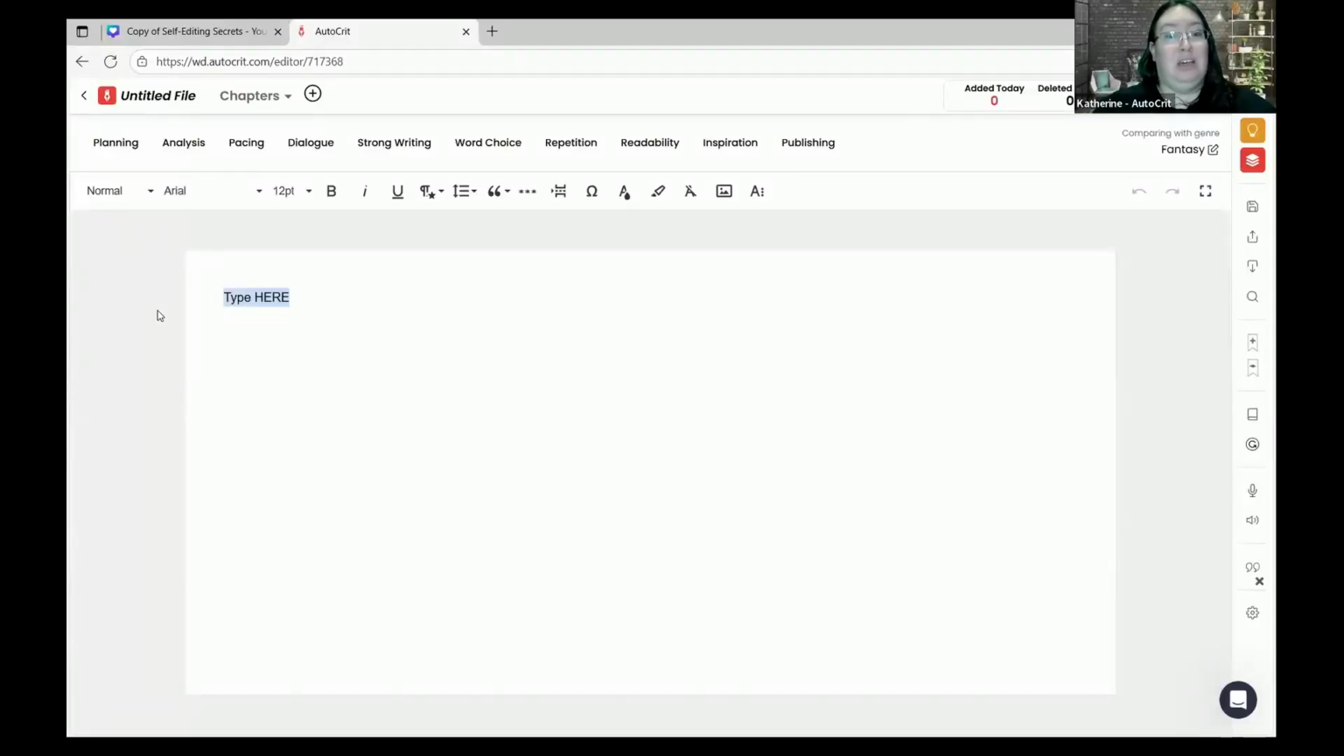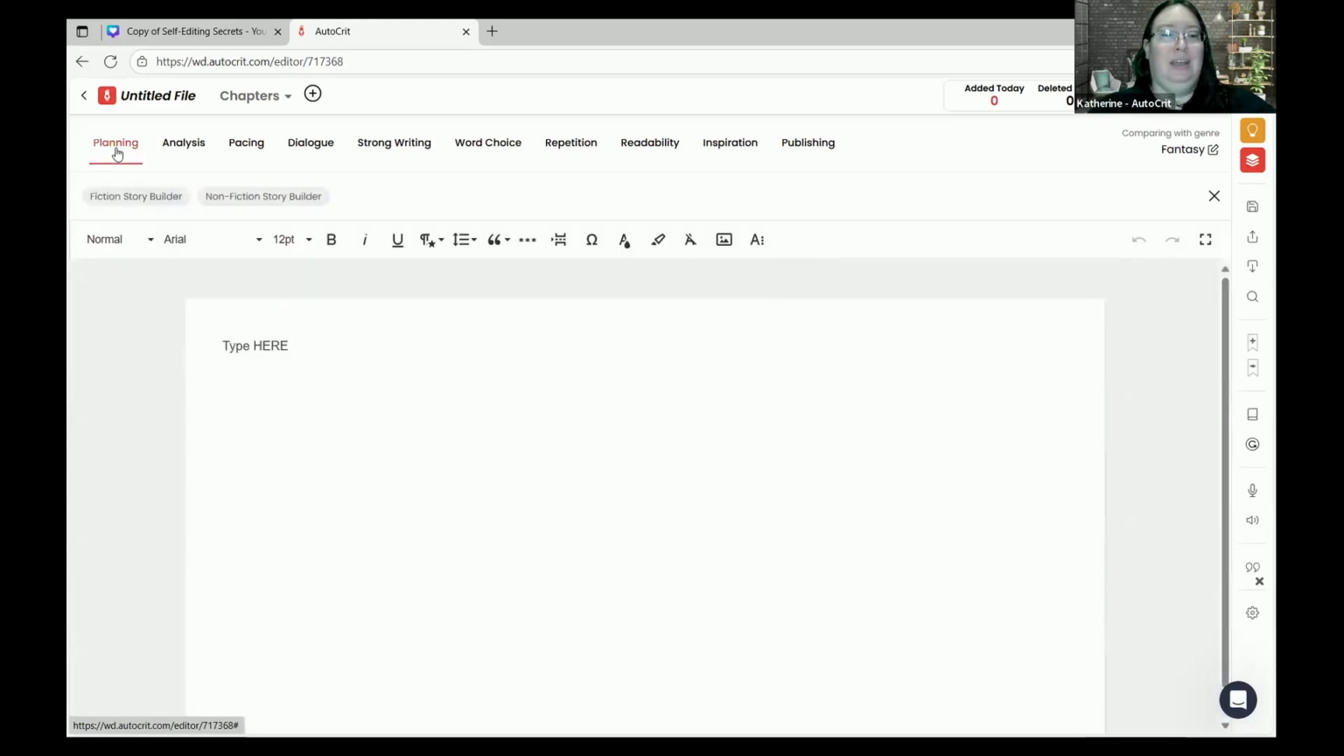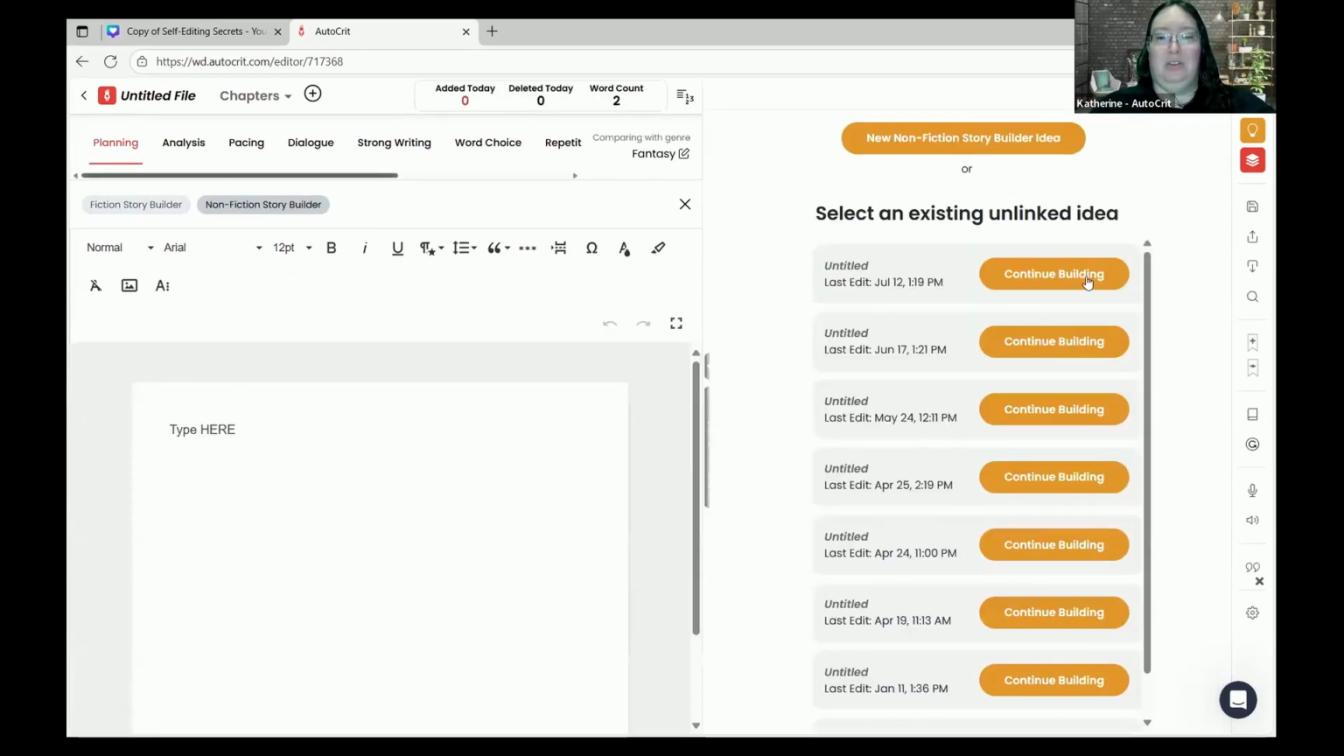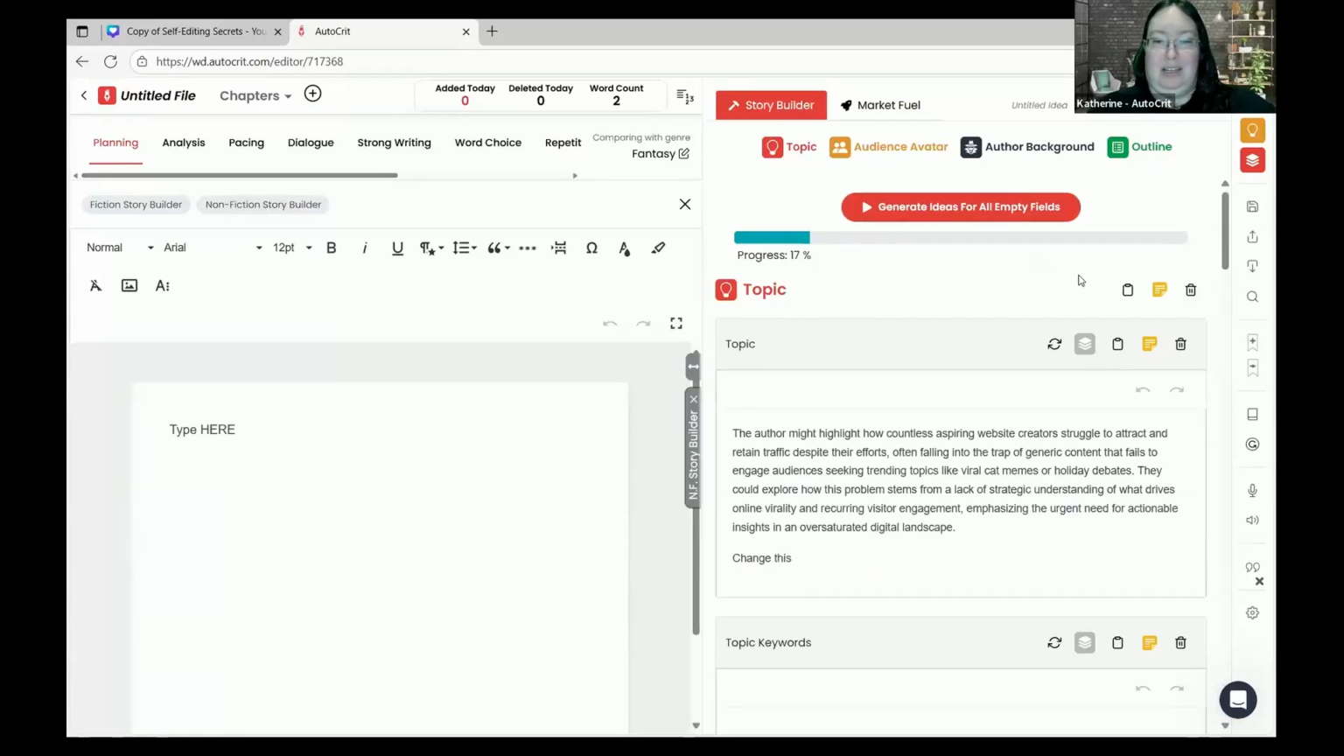This is where you can type your story, but it's also where you can connect the story builder that you started outside and put that idea in for market fuel so that you can flesh it out more. I'm going to go to the planning tab. It's the very first tab at the top. And here you'll find both a fiction and a nonfiction story builder, and you can click either one. The differences come down to what is filled out down here. So if I scroll down,